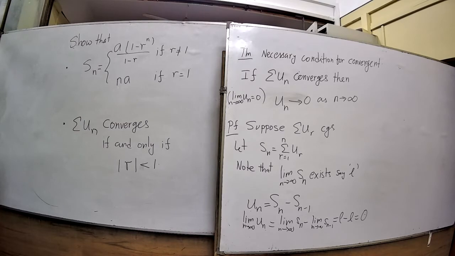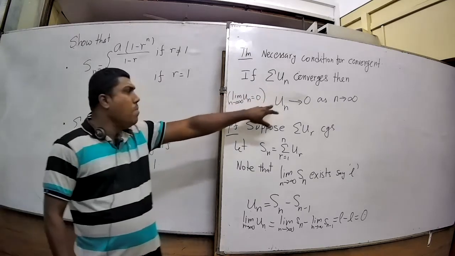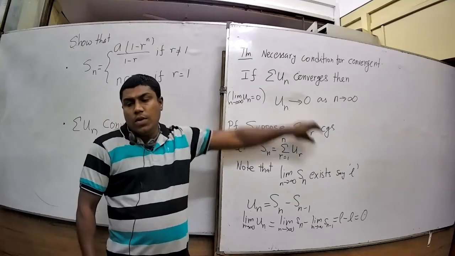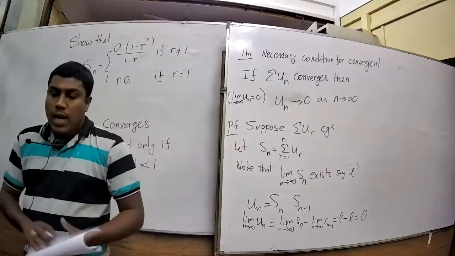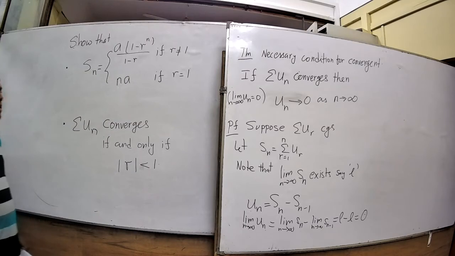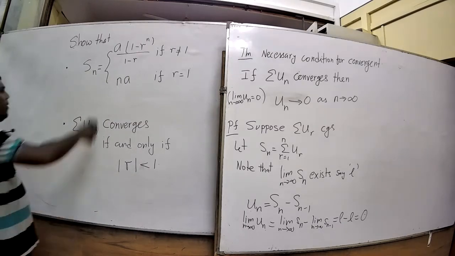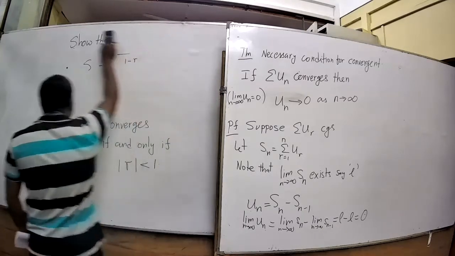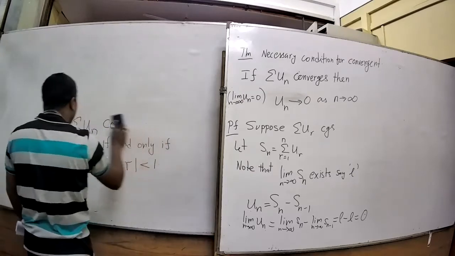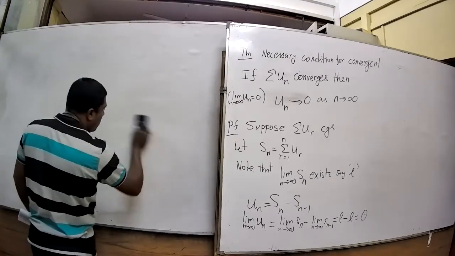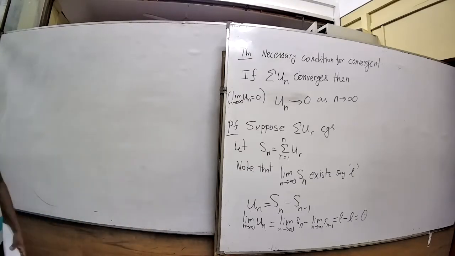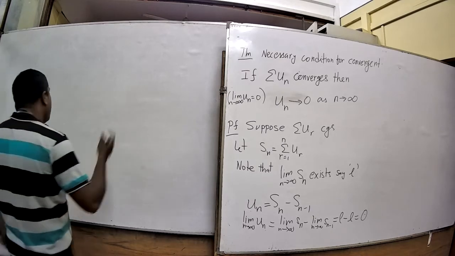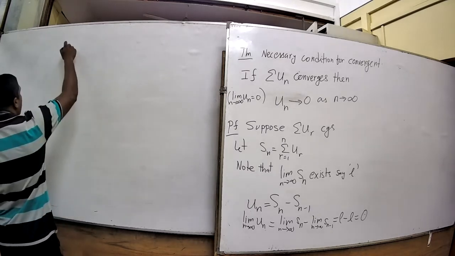So the theorem says convergence of the series implies un goes to 0. In the other pure mathematics course, you studied the negation of a statement. So let me write down the negation of the statement. That is also true. I believe you studied this. Okay, so note,